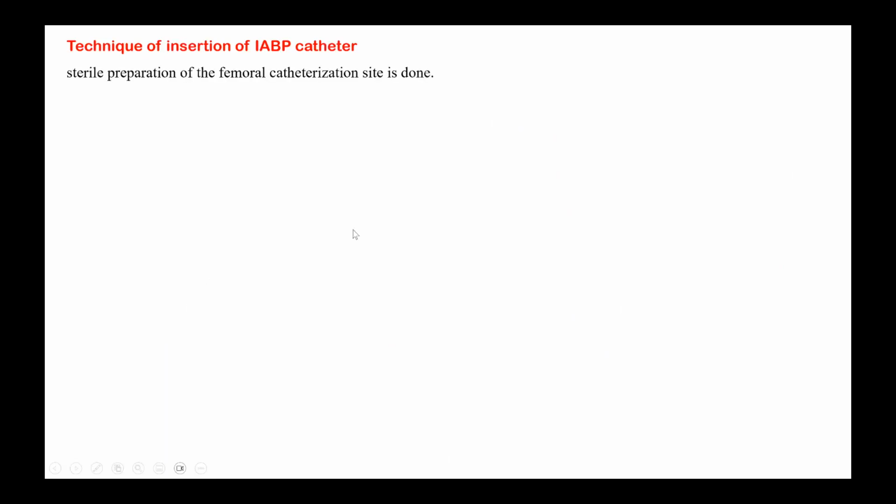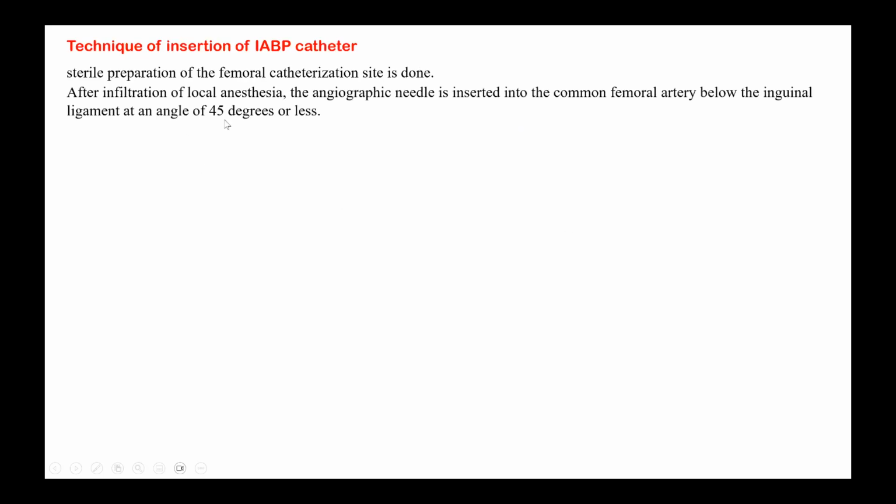Technique of insertion: first, sterile preparation of the femoral catheter site, which is the common site for insertion. And after infiltration of local anesthesia, a special needle called an angiographic needle is inserted into the common femoral artery at an angle of 45 degrees. Then mostly it is the Seldinger technique, and all of you must be familiar with the central line insertion, where you insert the pilot needle into the vein, IJV, and then once you aspirate the blood, you insert the